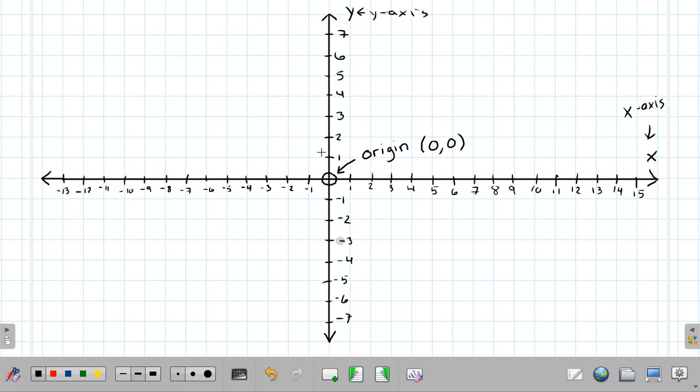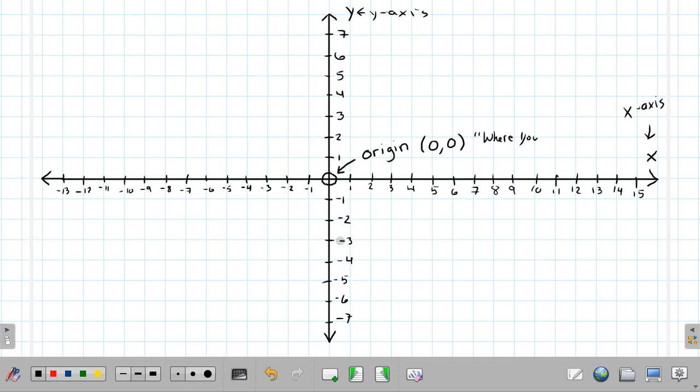Well, think of it on the y-axis. Where are you on the y-axis? Well, if you turn your head and look, you're at 0 there too. Okay, so that tells you you're going 0 up or down. You're not anywhere. You're right at the start. Okay, and once again, we call it the origin because this is where